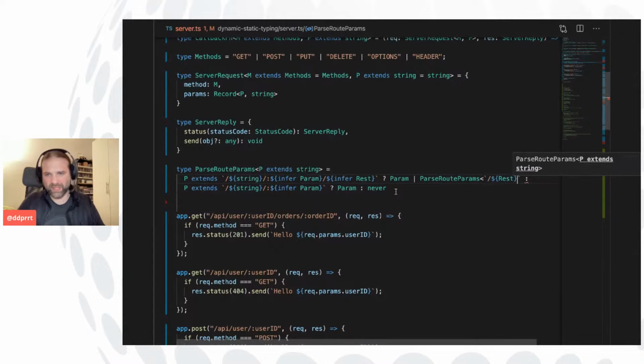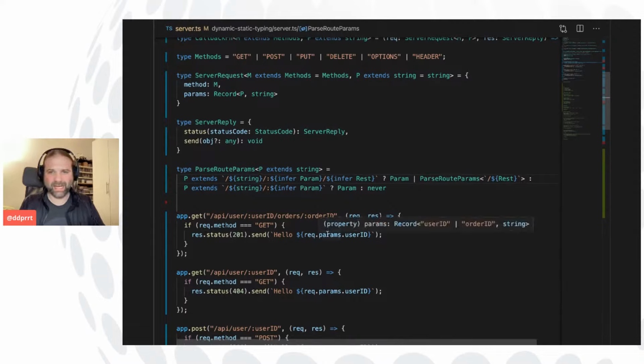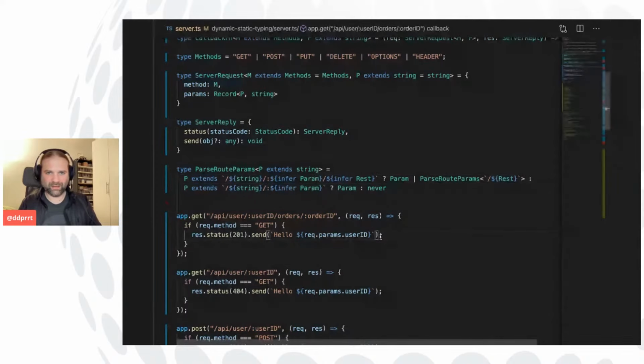That's just, because I split strings, I have to recreate them. Otherwise, do whatever you see here. And suddenly, if I hover over params, I get a union type of user ID and order ID, so I can use user ID as well as params. There you go, order ID, and I have entire autocompletion with just that. It can feel a little bit like writing regex, except that it is kind of readable if you understand the type system,